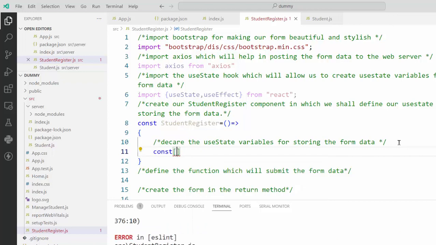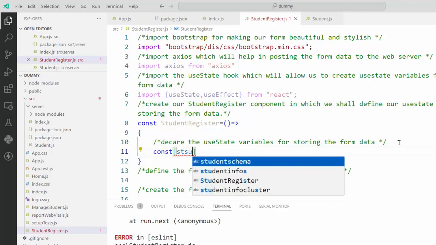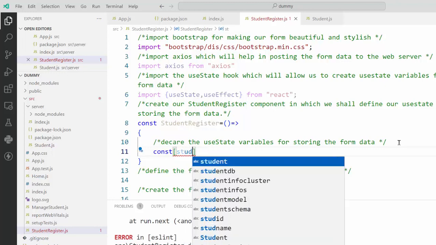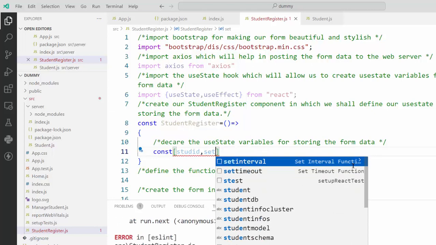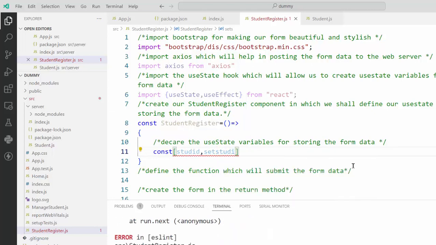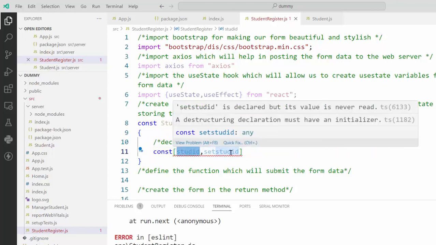So const, in the square bracket, the first value will be the use state variable, let's say studentID, and the second value will be the name of the function that can modify the value of this use state variable. So the convention is that whatever is the name of the use state variable, we just put set before that. So setStudentID. So this is not the rule but the convention, so that it is easier for us to remember that studentID will be modified by a function